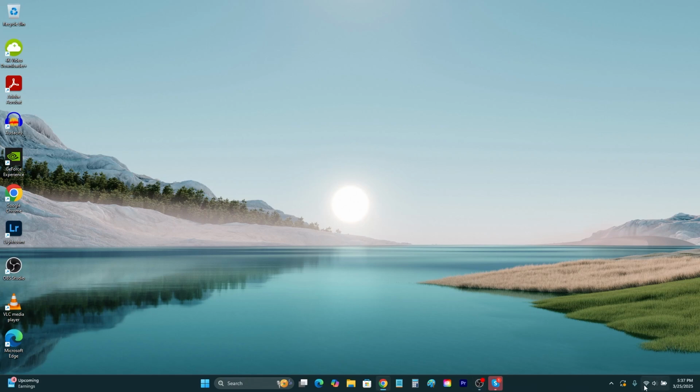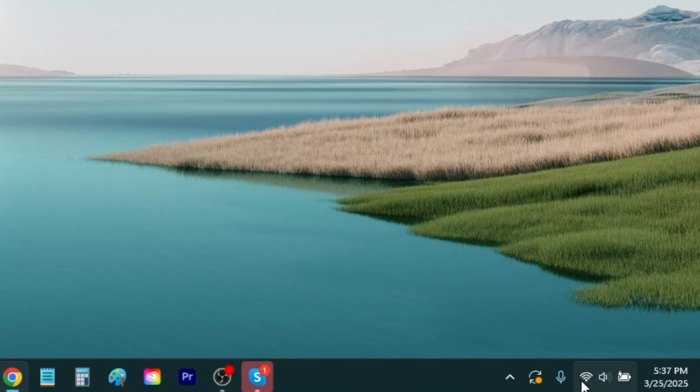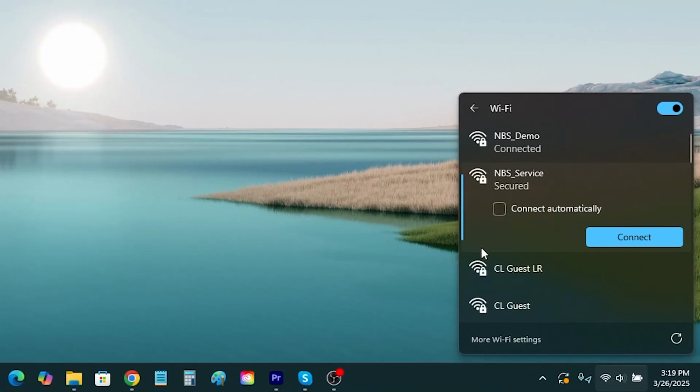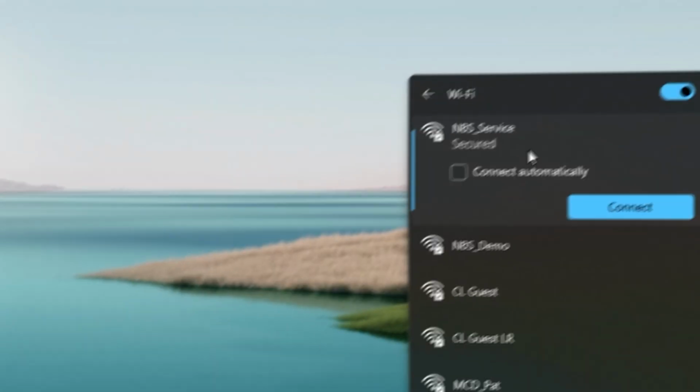So the first thing you're going to want to do is click on the Wi-Fi icon on the bottom of your taskbar and find your Wi-Fi connection. From there, make sure Connect Automatically is checked. Now, I'm assuming you already have this checked, which is why you're watching this video. So from there, if you're still having to manually connect every time, try this first step, which is to simply